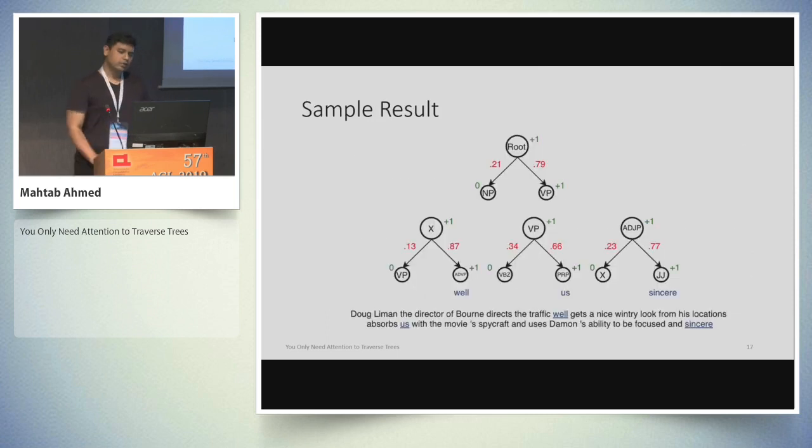So this is one of the sample results from the Stanford Sentiment Treebank dataset. So you can see that in all the cases, there are 3 words tagged as positive: the words will, us, and sincere. Us is tagged as positive. It's weird, but still, every time we see this word, our model actually gives high probability to the branches where